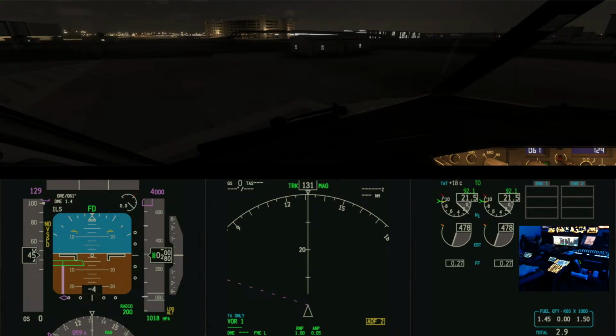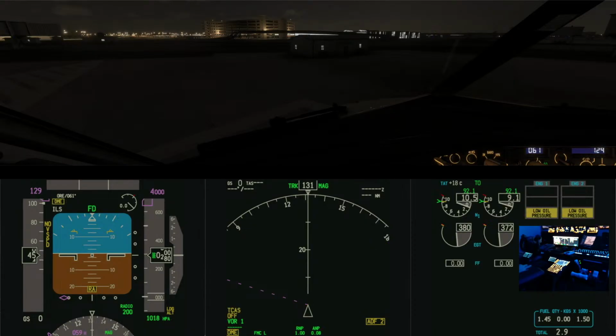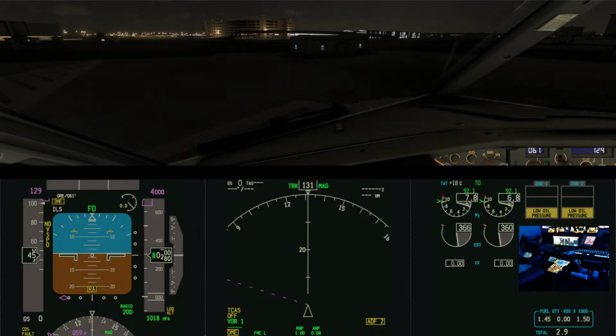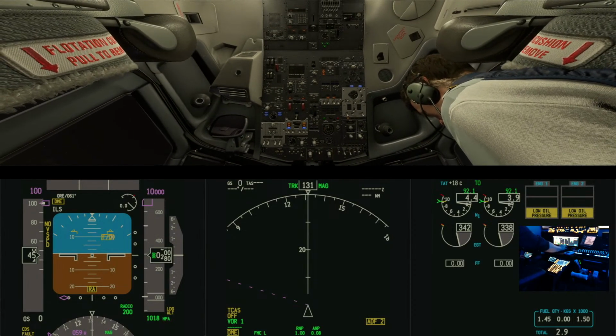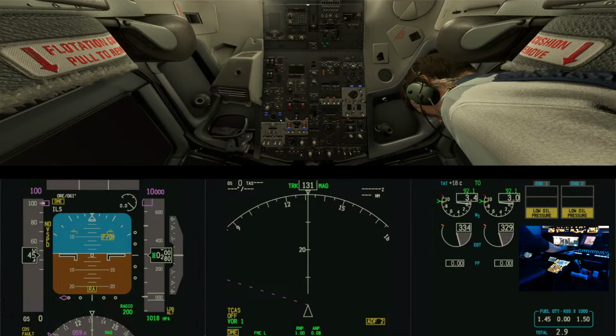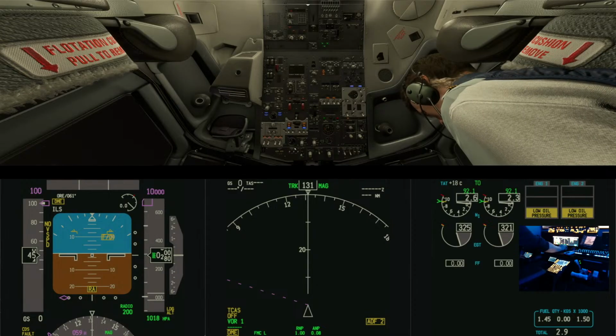Actually, you know what? I'm just going to shut down anyway, so engines 1 and 2 shut down. Right, so let's go to the overhead. APU is just starting up. And once it starts,